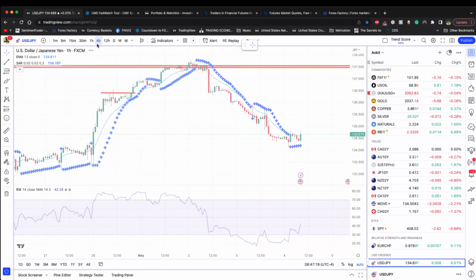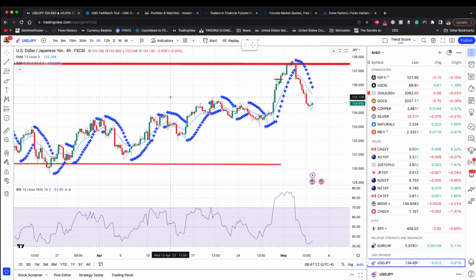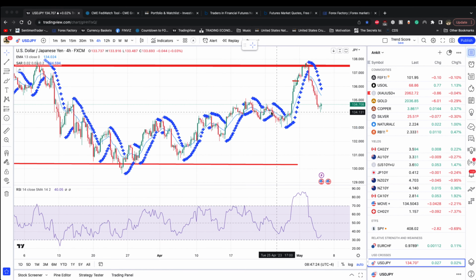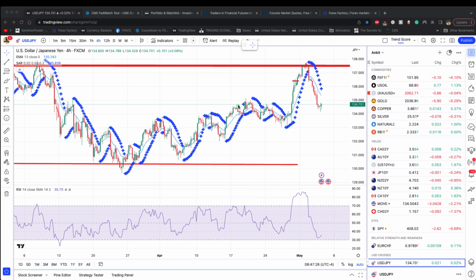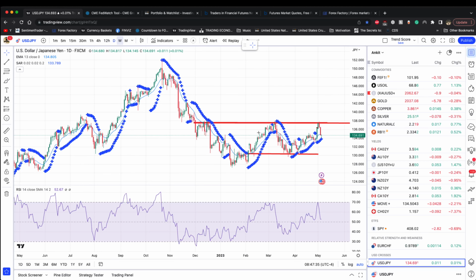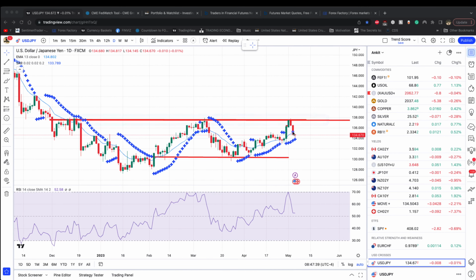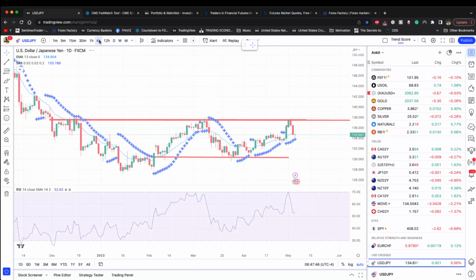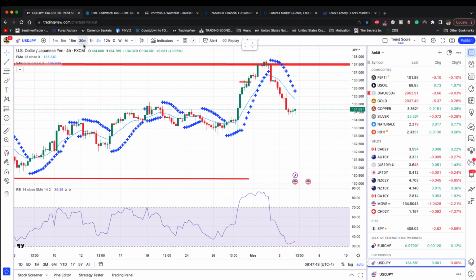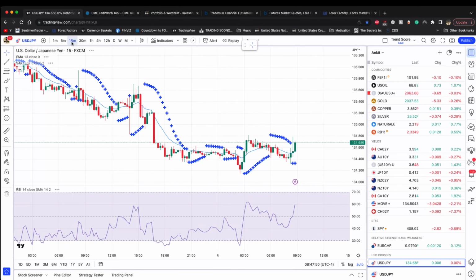So what time frame do we want this to change? If we go on a longer term time frame, maybe we can make a better case that this is a support level, and we could potentially see a rise from there. That's what the daily is showing us as well. Our resistance is still in place, but in the shorter term we have this area where we can potentially bounce from. So things look a little more clear on the longer term chart, but not as clear on a shorter term chart.